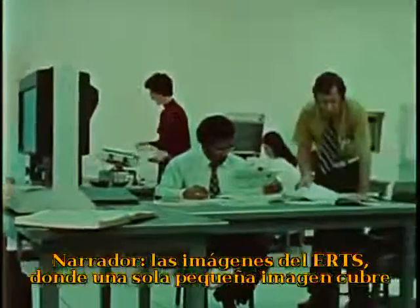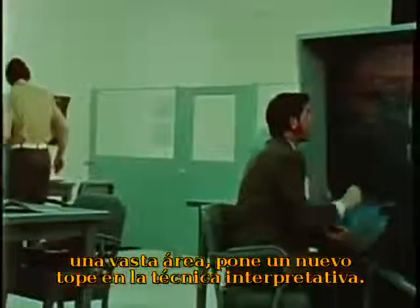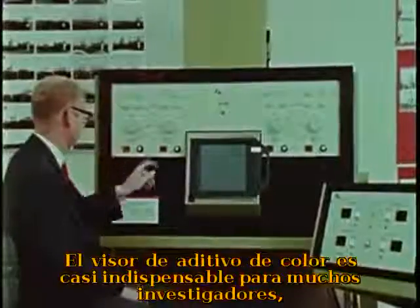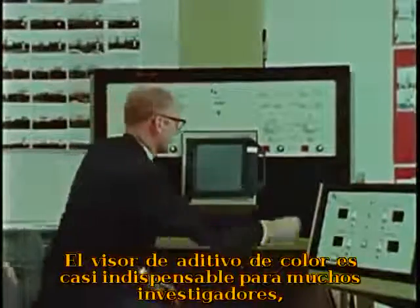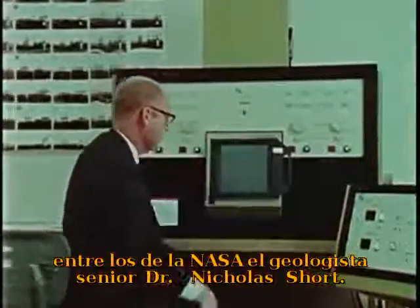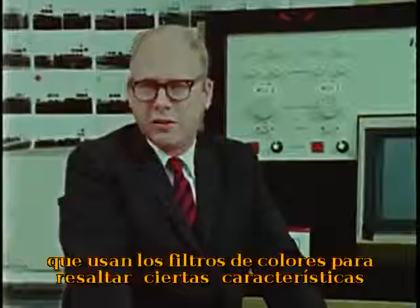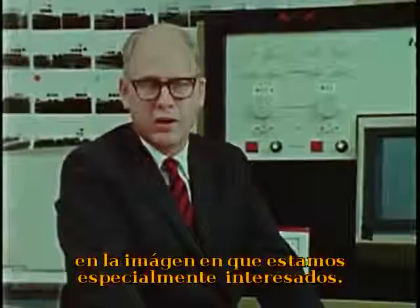ERTS imagery, where a single small picture covers a vast area, puts a new premium on interpretive technique. The color additive viewer is all but indispensable for many investigators. Among them, NASA's senior geologist, Dr. Nicholas Short. The color additive viewer is an instrument that uses color filters to enhance certain features of an image we're particularly interested in. For instance,